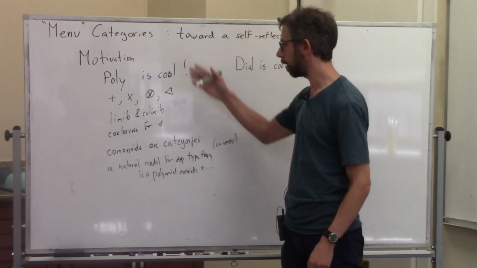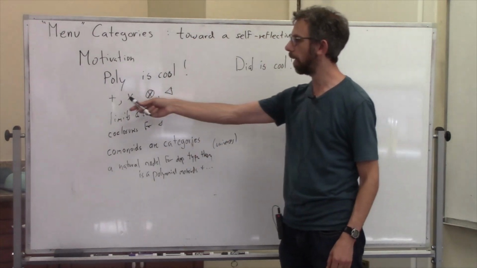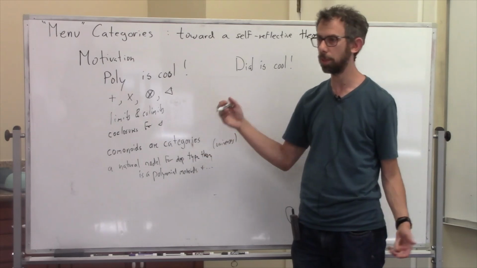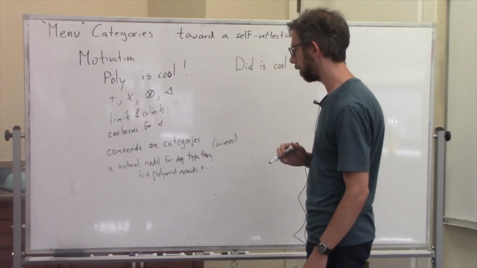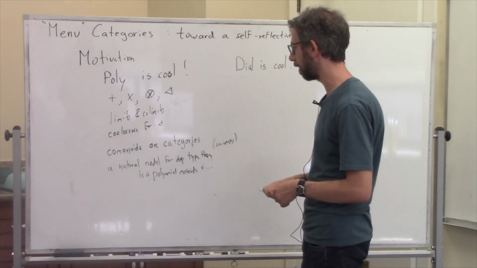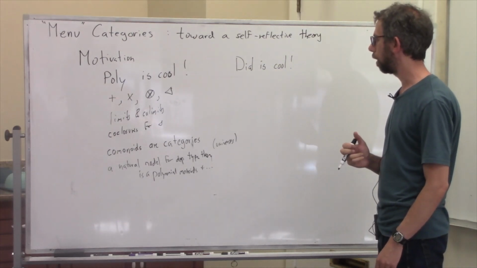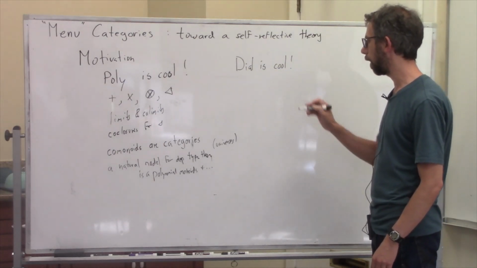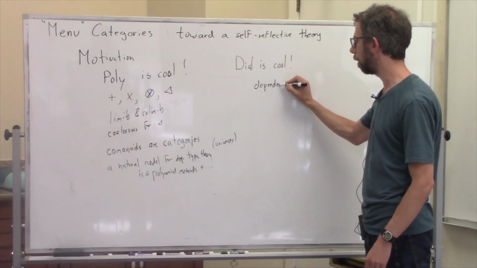Okay, so this is kind of the motivation. Poly is cool, it's got all these structures, and it's like, why does it have so many cool things? What is all this about? Where are they all coming from? And I just thought, oh well, it's just this amazing thing that God made, and it's really cool. It just does everything. And I don't know anywhere near as much about Dialectica categories, and today I'll be talking about dependent Dialectica categories,